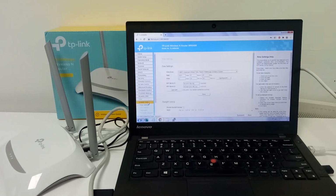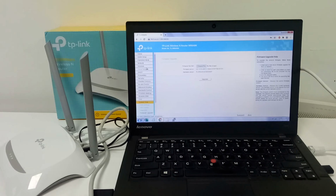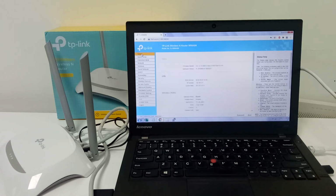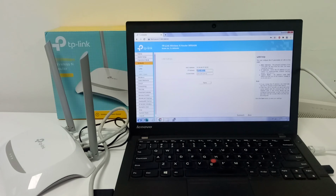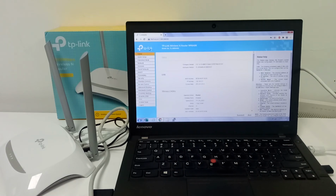And there are system tools. If you want to change your administrator username and password, you can change it from here also. If you want to upgrade the device, you can upgrade it from here also. If you want MAC filtering, you can do MAC filtering from here also. All the settings you have to open in this browser interface. All the information is here. It's a LAN. If you want to change the LAN IP address, you can change it from here. Port forwarding is also available here. So this is the setting for this